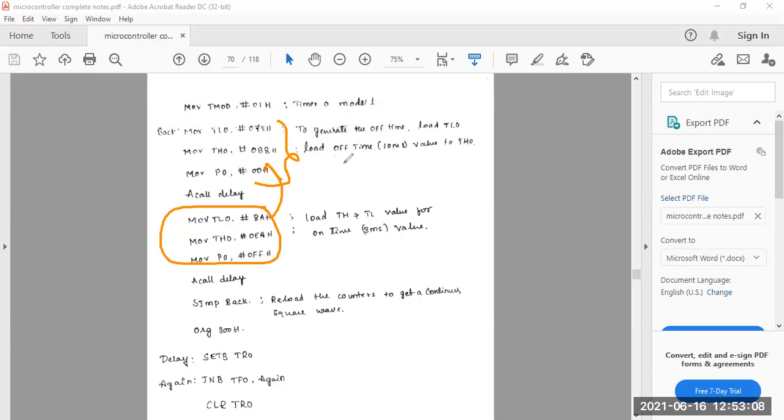So you are going to get a square wave like this: first on time and then off time, for the program I gave previously. Now for this program, the first off time is there, so it will start like this: off time and then on time. This is what you are going to get by executing this program.